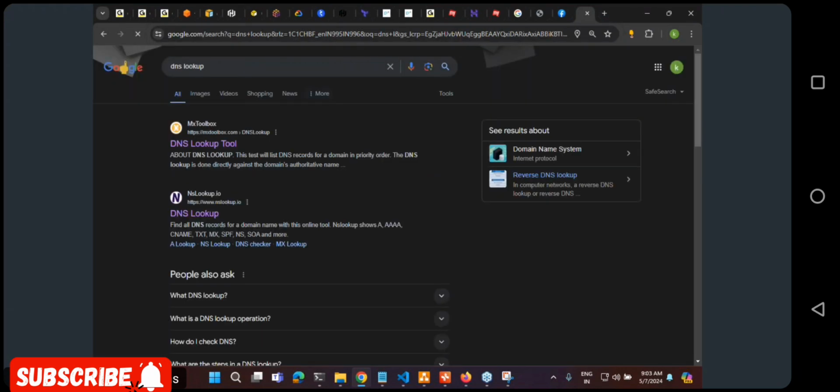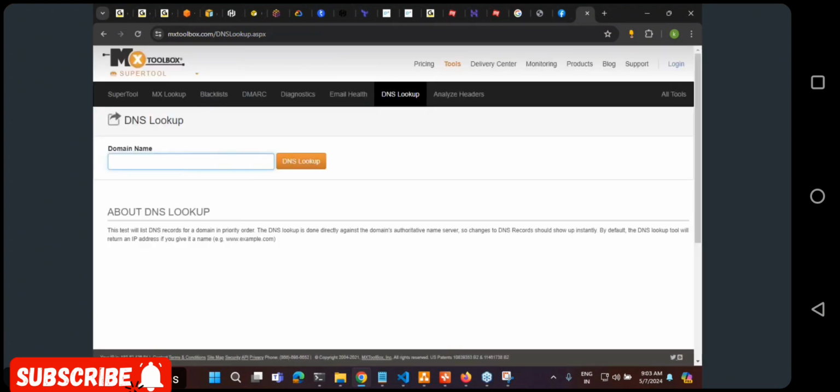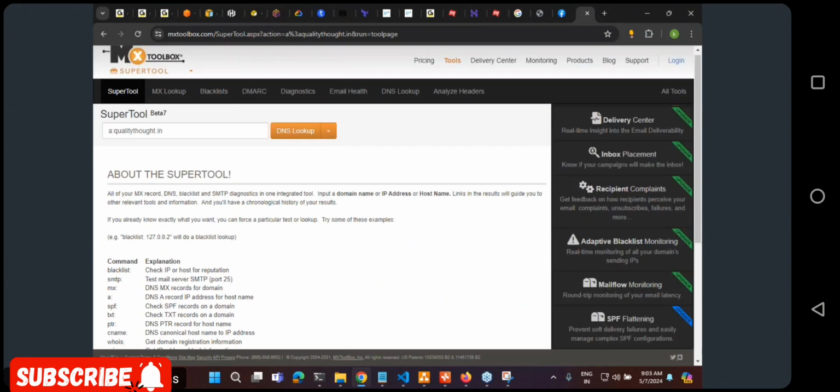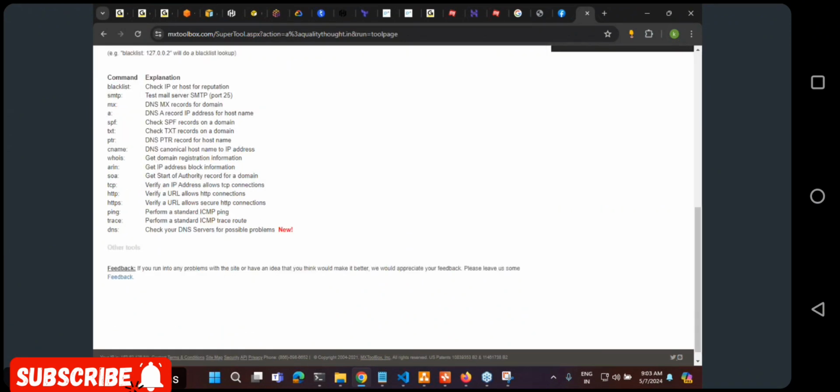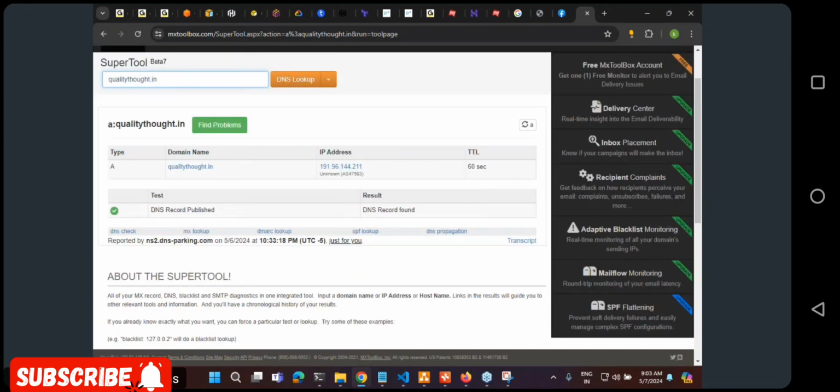Okay. Let us try to look into DNS lookup. DNS lookup will try to tell you what are the entries. So for example, if I type qualitythought.in and then click on DNS lookup, you are seeing there is a name record which tells that qualitythought.in is hosted on a server which has